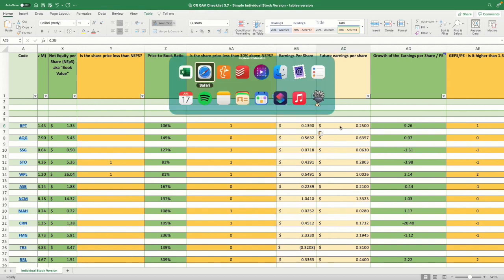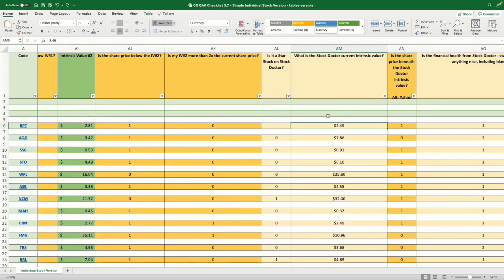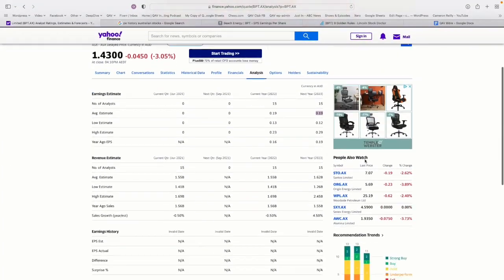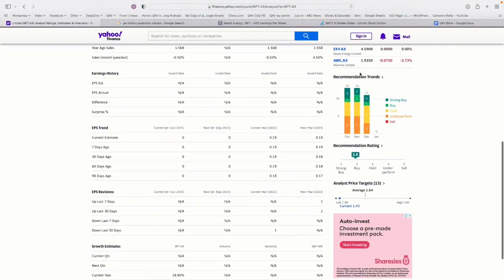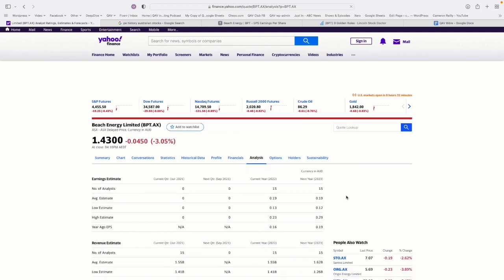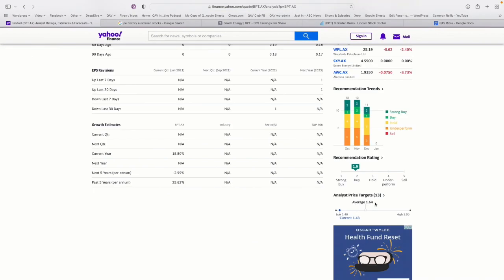Future earnings per share. We don't have Stock Doctor, so we can't answer the question about its current intrinsic value. But if you go back to Yahoo Finance and scroll down on the right-hand side, you can see these recommendation sections, analyst price targets. 13 analysts are covering it, and you can see that the average price, what they think the intrinsic value is, is $1.64. So we can copy that